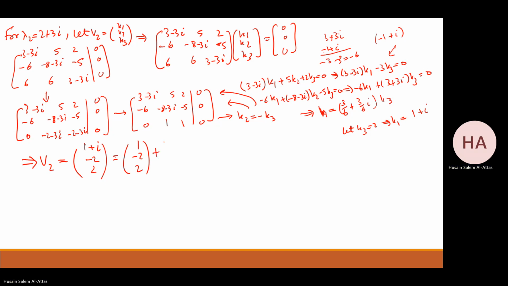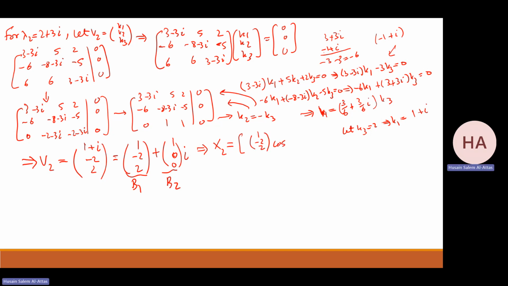plus 1, 0, 0, i. So this is my B1, and this is my B2. Yeah, a little bit complicated, but I think we'll get it at the end. So I have X2. Since I have X1 with lambda equals 0, I have X2 with this lambda. It will be B2, B1, B1